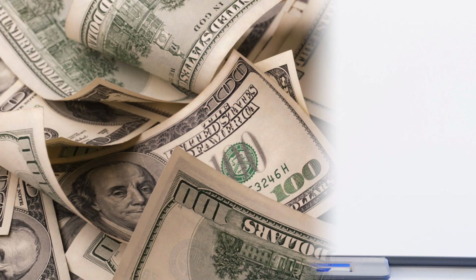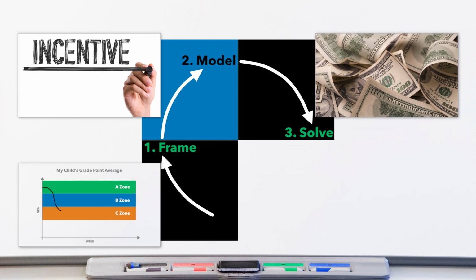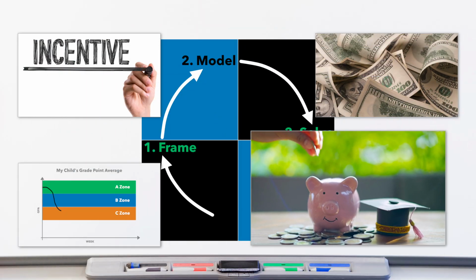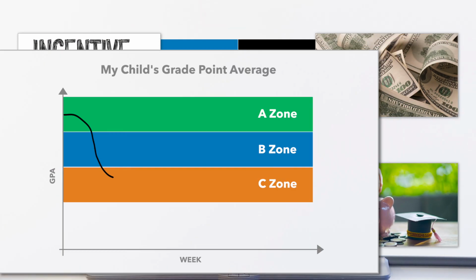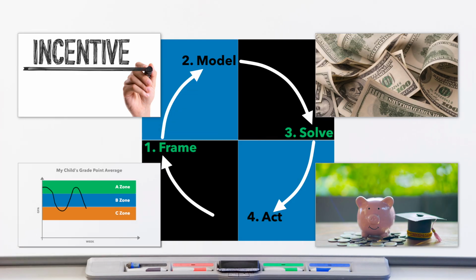I decide to offer a monetary reward. That's the solve step, step 3. I do offer that reward. That's the act step, step 4. And for a few quarters, that helps. But then the grades drop. That's more observable behavior. There's still a gap between desired results and actual results after applying the SYSQ process,